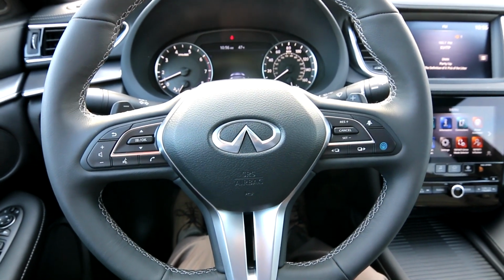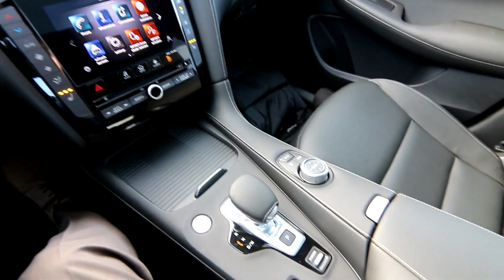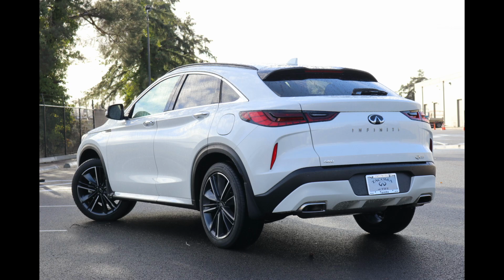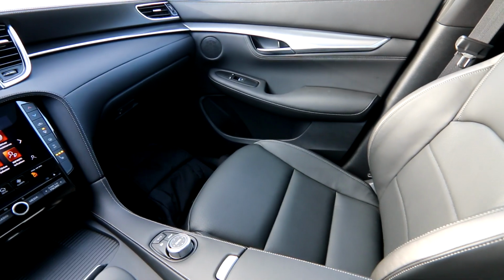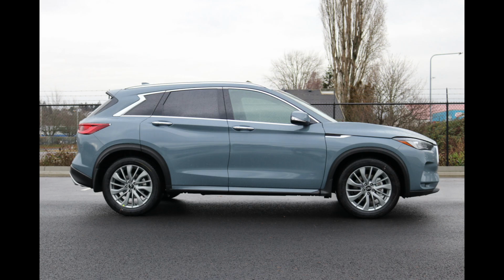If you're looking for one amazing luxury crossover with a sporty styling, you should check out this 2023 Infiniti QX55 LUXE all-wheel drive. The QX55 was a brand new product for Infiniti in the 2022 model year. It's basically a fastback version of our QX50, which is more of a traditional crossover SUV. The QX55 has pretty much the same running gear, mechanical components, but it has a sleeker, more stylish body influenced